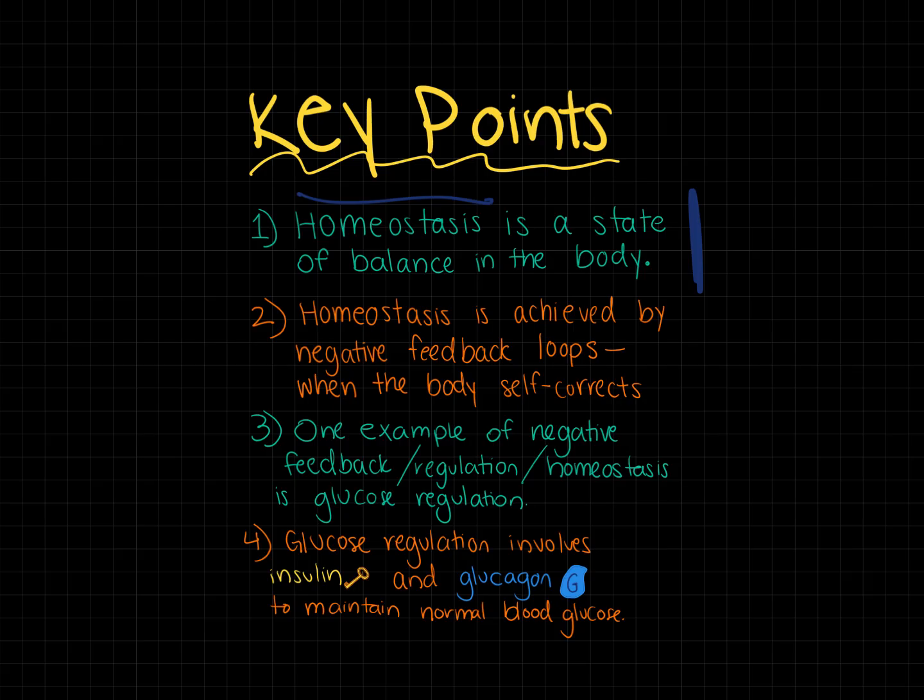Number 3, one example of negative feedback, regulation, homeostasis is glucose regulation, when our body is maintaining a normal blood glucose level. And glucose regulation involves insulin and glucagon to maintain normal blood glucose. So just to check